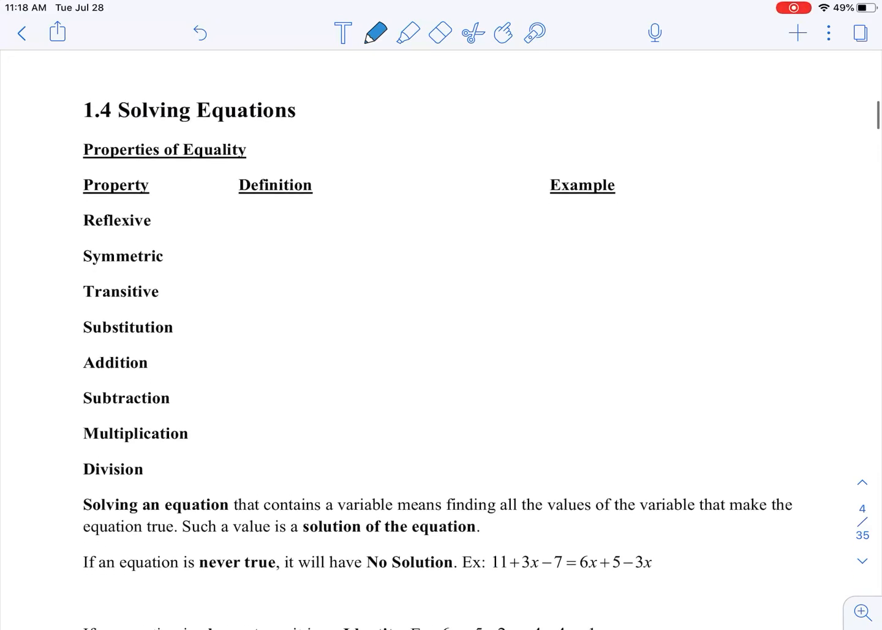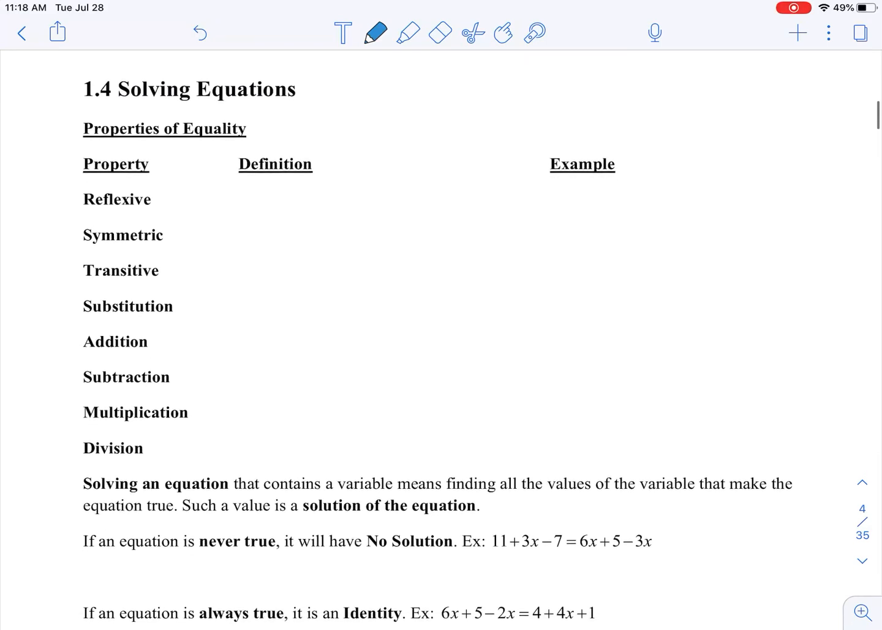We're now on 1.4, solving equations. Once again, we're reviewing Algebra 1 concepts, so we'll be briefly discussing these properties of equality, and some of which I will provide examples for. If you need further clarification, we'll meet up either as a whole class and discuss, or in a small group